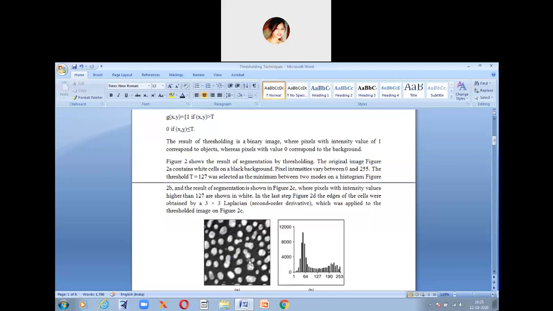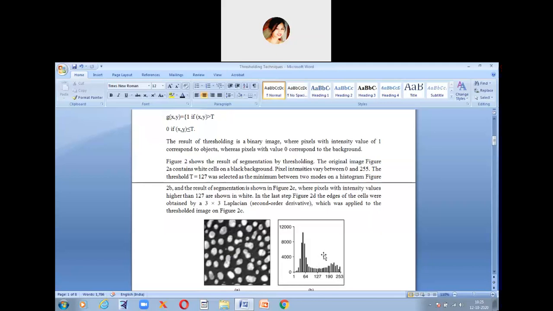So now they are selecting a threshold value of 127. Pixel intensity can vary from 0 to 255, but now they are fixing a threshold of 127 here. So the 127 threshold value was selected as the minimum between two modes on a histogram.